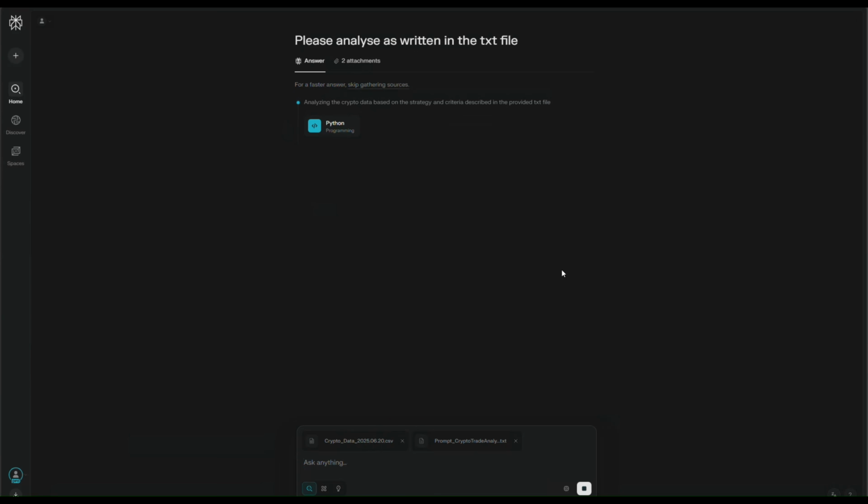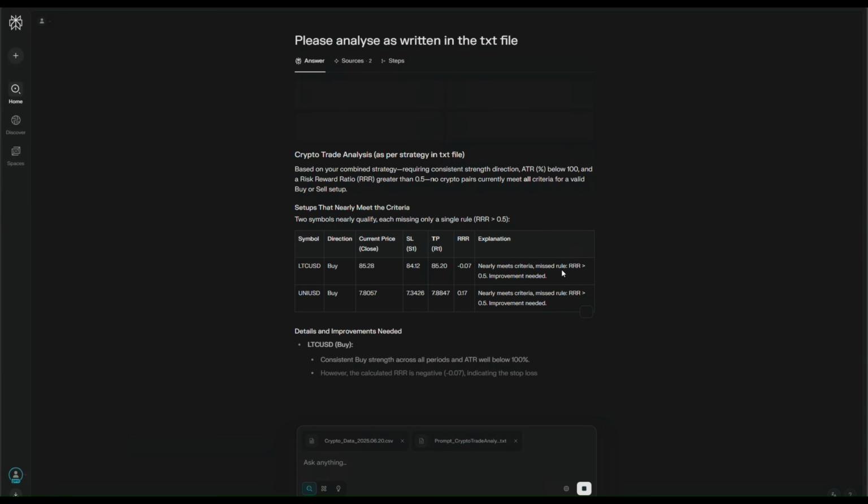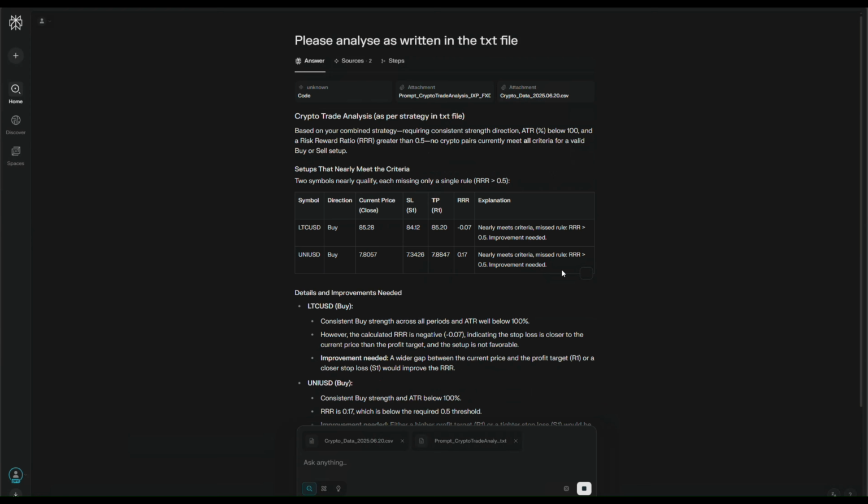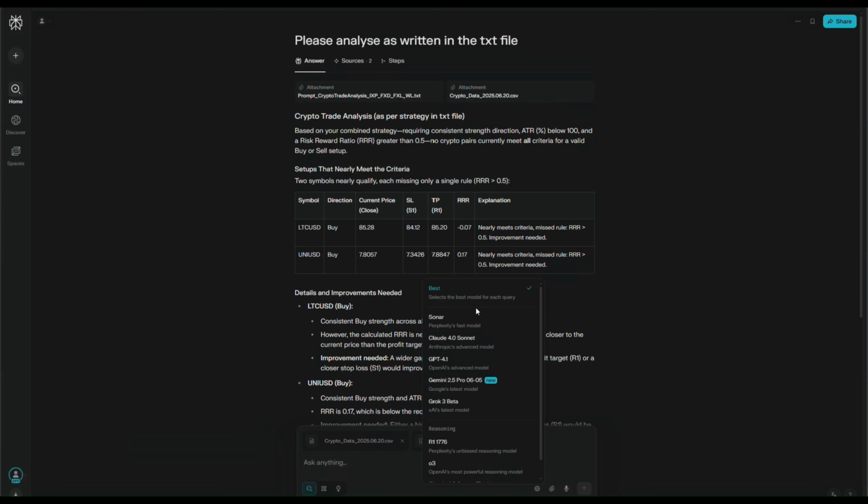You can't do an extended time-lapse analysis with 4 to 6 files, and you also can't choose which AI model you want to use, which is possible here with Perplexity, where you can either go with the best model based on your query, or you can choose which ChatGPT model, Claude model, Gemini, Grok, whatever you like to use. This is only possible with the paid subscription,